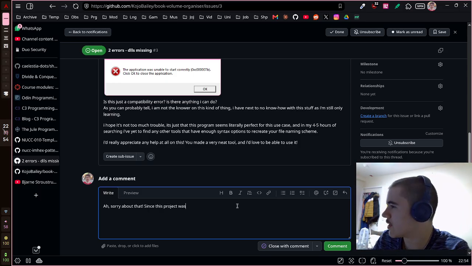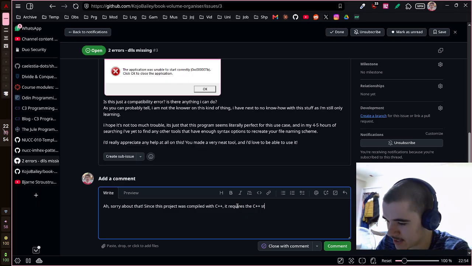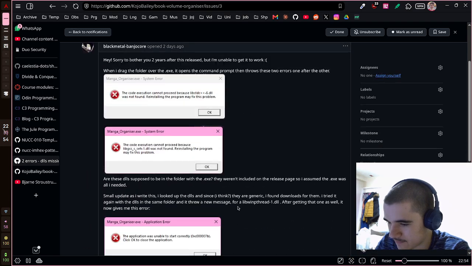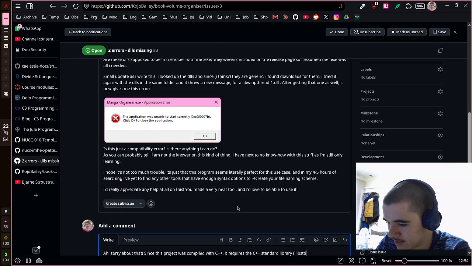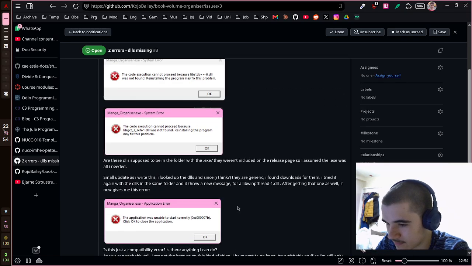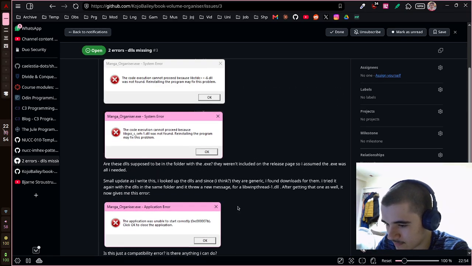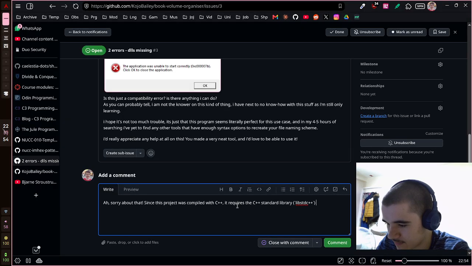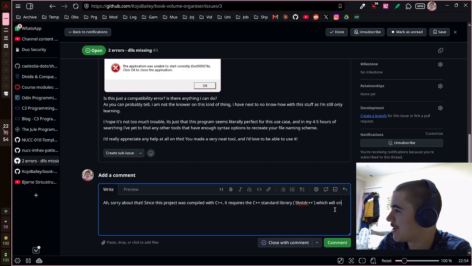Since this project was compiled with C++, it requires the C++ standard library, lib standard C++, which will only work if you have